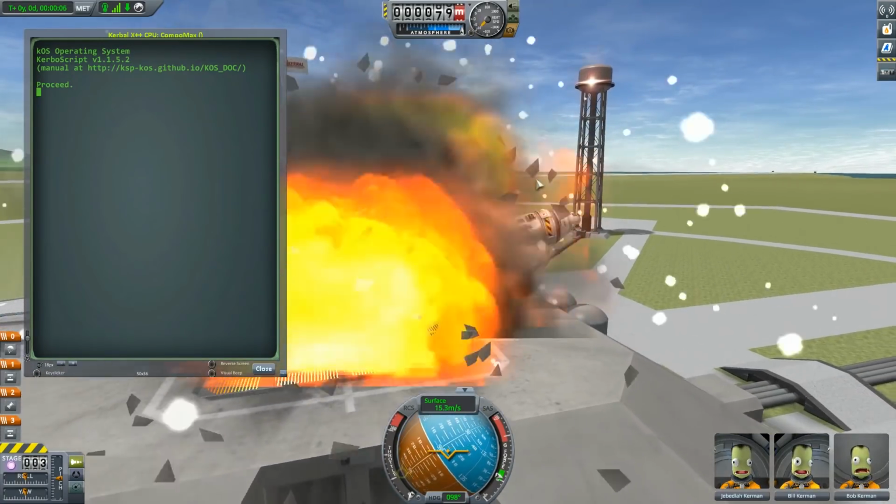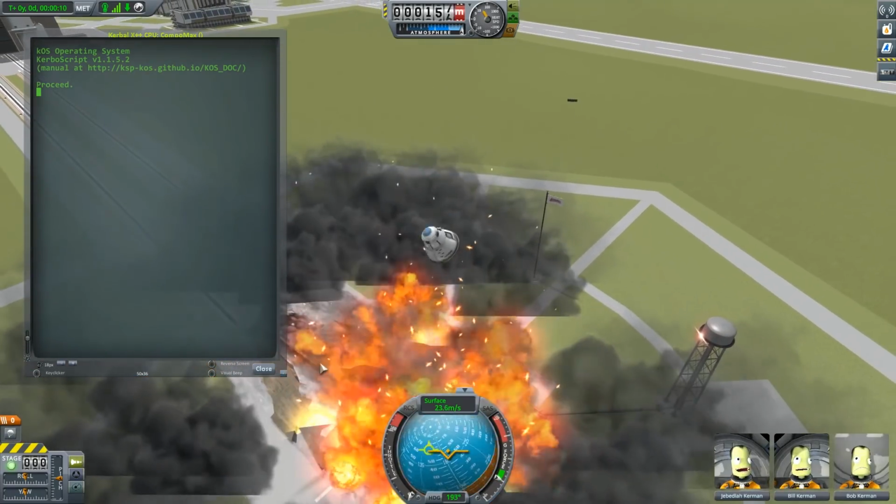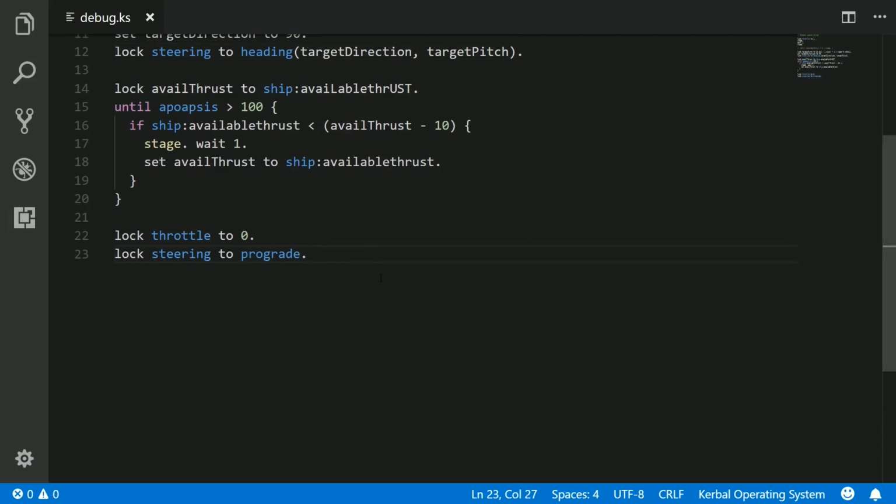All right, well, so we've got some explosions. Okay, well, for some definitions of working. If you watched the last video, you may think that the solution is obvious, that we need to add wait until false. And I would applaud you for that, because so often the issue with the program is that, hey, the program did everything it was supposed to do,